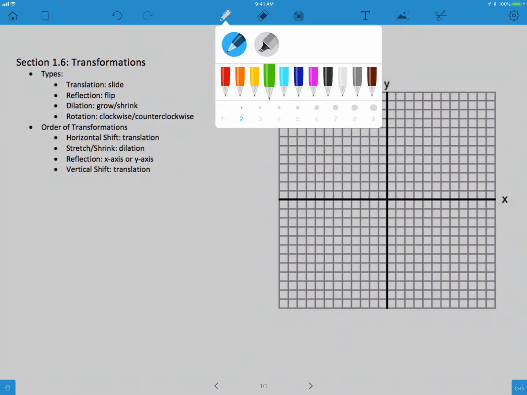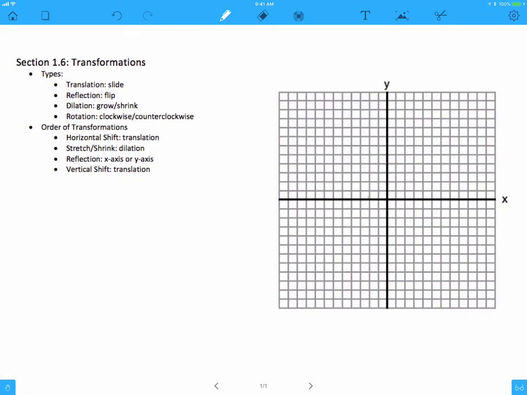So let's go with something like 3, 1, 1, 2, 4, and 1, 5. So we'll go up straight, and then we'll make a little loop going up. There we go. Okay, so now what we're going to do is reflect this thing across the